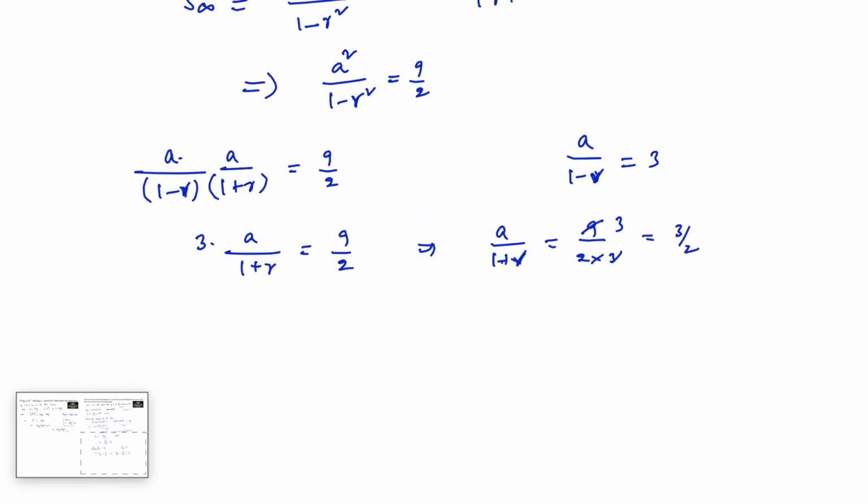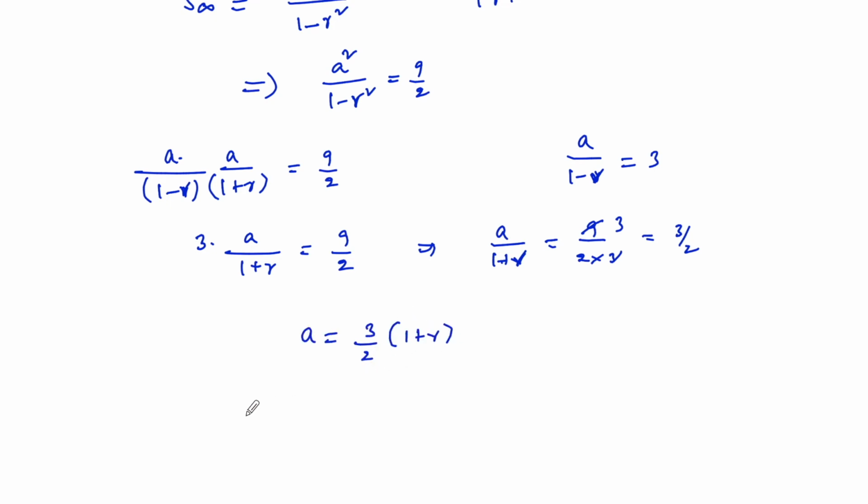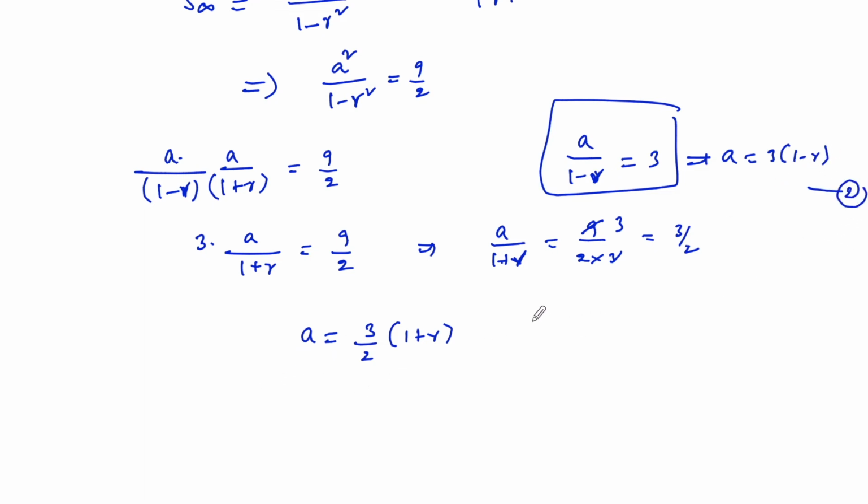And again, cross multiplying, a is equal to 3/2 times (1 plus r), and from here we can write a is equal to 3 times (1 minus r), so this is second and this is third, from 2 and 3,